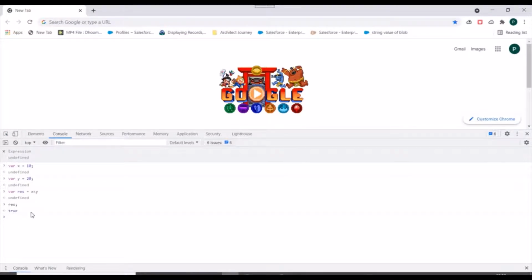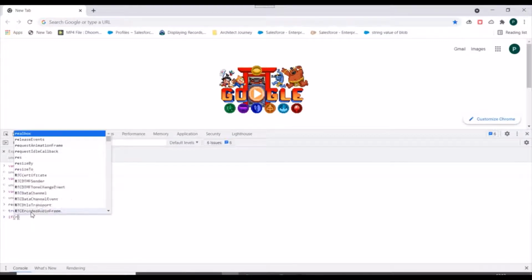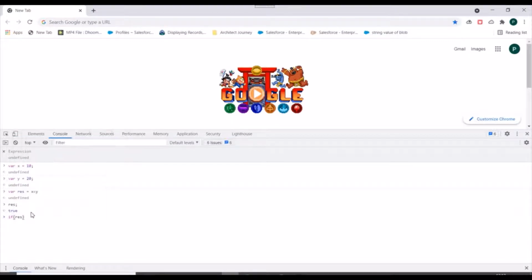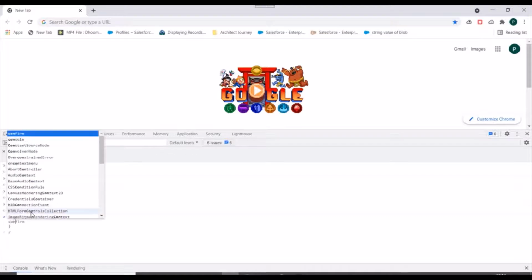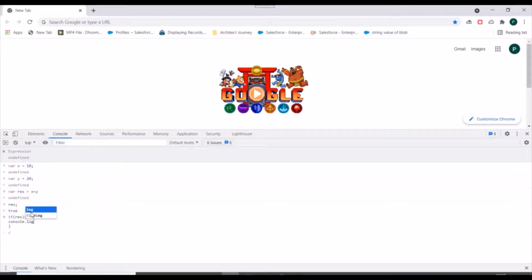Now based on this, I can also decide which direction or which section of my code should be executed. So if result is true, I will print this section of code.